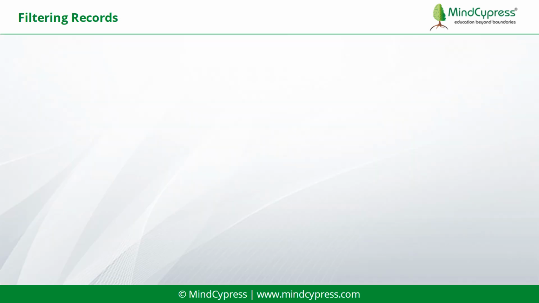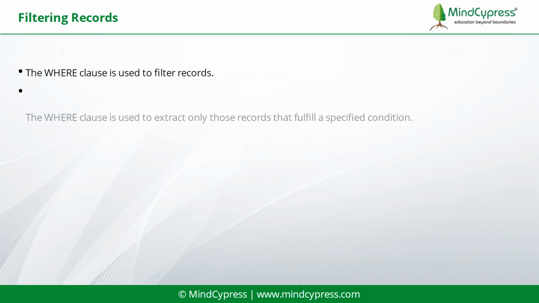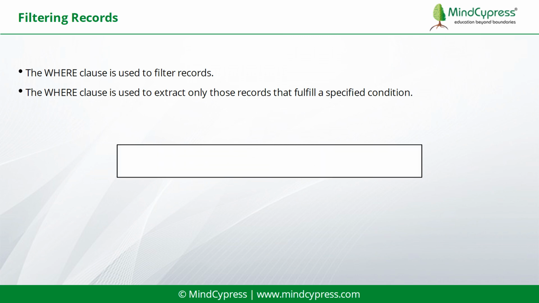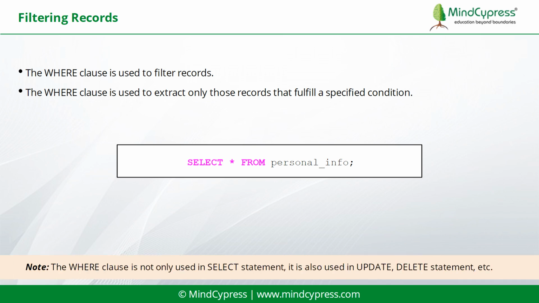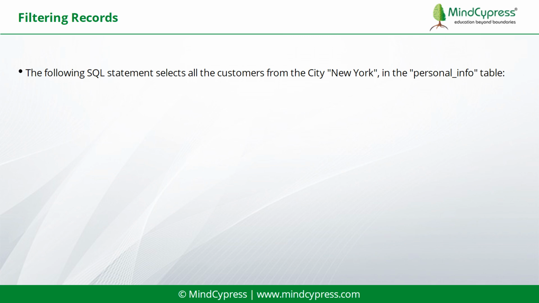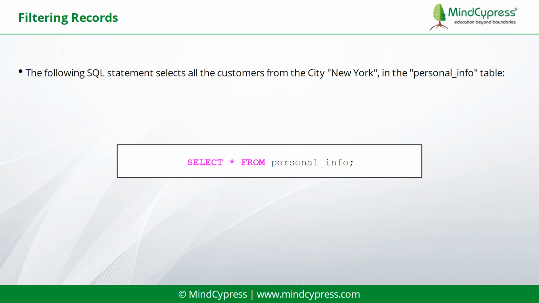Let's discuss filtering records. The where clause is used to filter records. The where clause is used to extract only those records that fulfill a specified condition. Syntax is: Note, the where clause is not only used in the select statement, it is also used in update, delete statements, etc. The following SQL statement selects all the customers from the city of New York in the personal_info table. Output is: